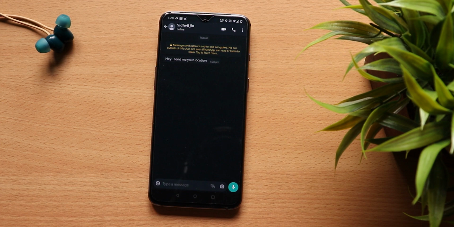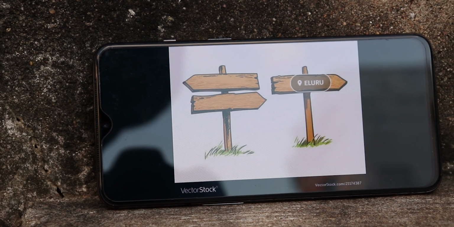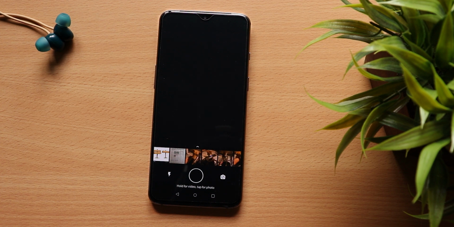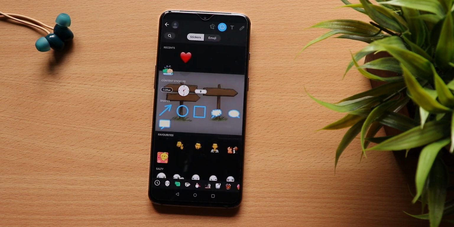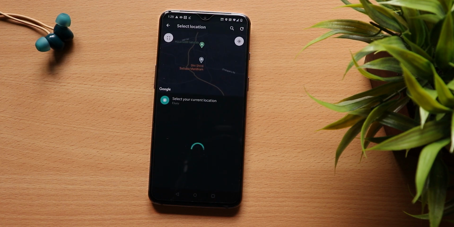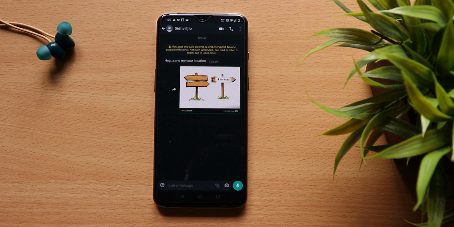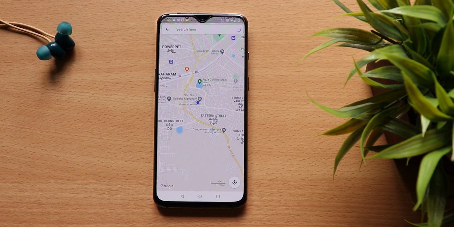Normally, we share location in this way, but actually, you can place your location inside an image as well. For example, your friend has asked you to send your location. Now, you can download an image like this and then click on this location sticker, select your location and then place it here in the image. It kinda looks cool, right? At first he'll be confused, but when he clicks on that image, he can access your exact location inside Maps.